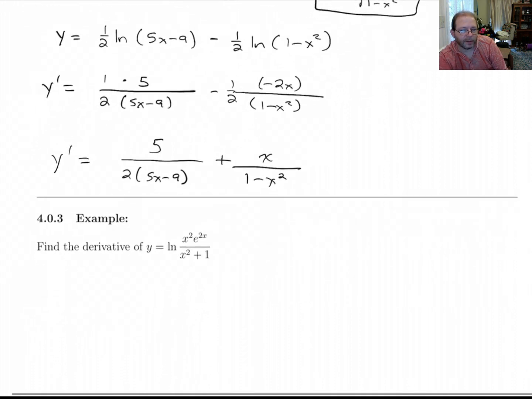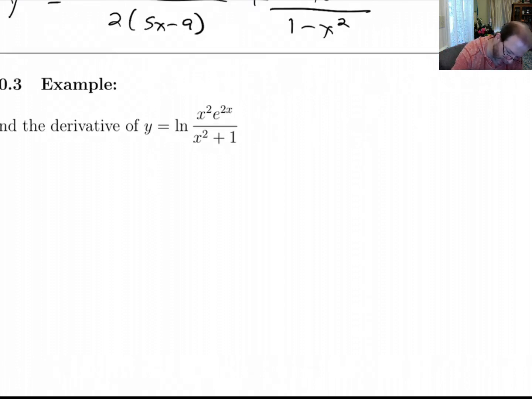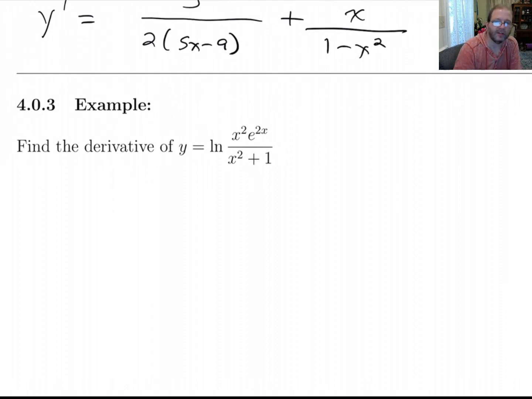All right, let's do this last one here. This would be a pain to do without using the log rules. But thanks to the log rules, we can expand this out, and this thing's going to be a piece of cake. So notice on top, we've got two things multiplied together. We've got x squared times e to the 2x. And on bottom, we've only got one thing. So I'm going to expand this into